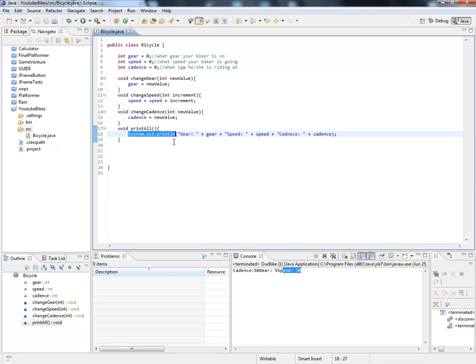to our debugger, and we're saying gear, we have a string, this is our text, gear plus the gear variable. So if I control click on this, again, equals 0, so we're saying gear right now plus gear plus this variable, which would equal 0. Speed is text plus speed variable, which also equals 0. Cadence, which I have totally